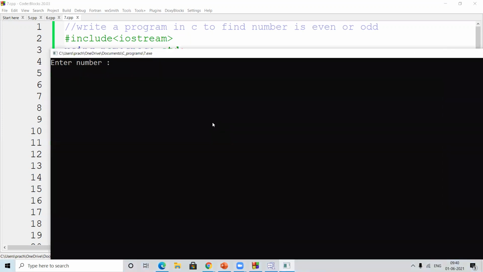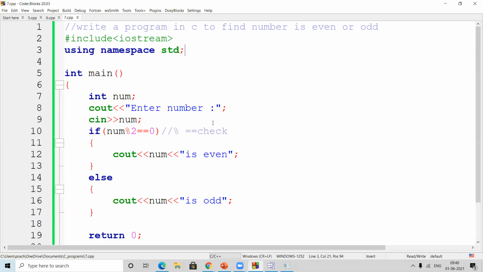It's asking for a number, so I put 13. Let's see what comes. It's all getting simple. Everyone got the program? This is a basic program. Did everyone understand? It's not important that you write in the chat, you can just unmute yourself and say yes, you got it. No issues.